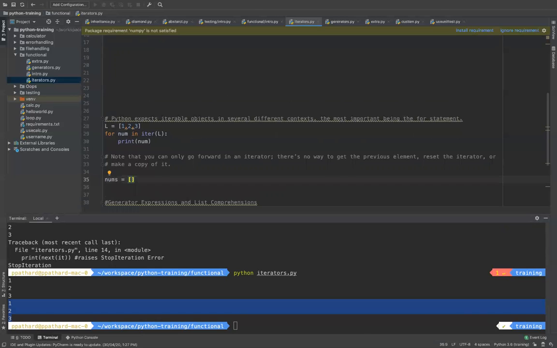For example, I will create a set of numbers. To create a set of numbers, you can use a built-in method called range. If you do range of 10, it gives you numbers from 0 to 9. If you do range of 11, it gives values from 0 to 10. But if you start from 1 and end at 11, it gives you numbers from 1 to 10. I'm going to take this range method and write here: for num in range of 1 to 11.